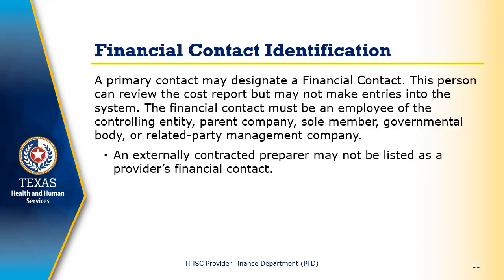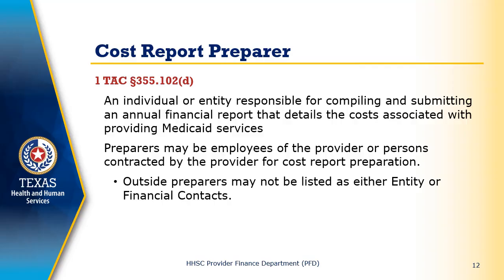Next, we will discuss the procedure for identifying a cost report preparer. The preparer must be the individual who prepared the cost report or has primary responsibility for preparing the cost report for the provider. According to 1 TAC Section 355.102(d), the cost report preparer can either be an employee of the provider or a contracted individual who specializes in cost report preparation. Signing as preparer carries the responsibility for an accurate and complete cost report prepared according to applicable